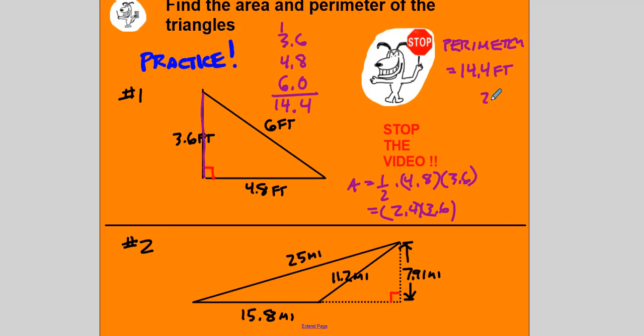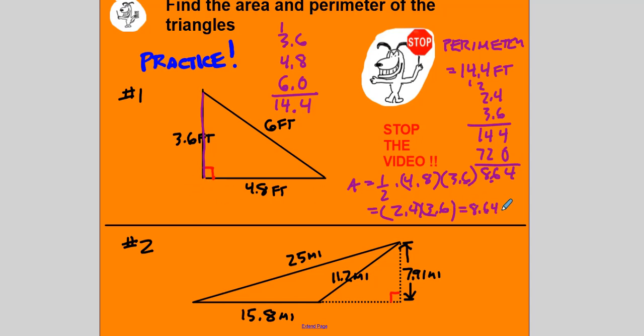So I have 2.4 times 3.6. Ignore the decimal points for now. 4 times 6 is 24. Carry the 2. 2 times 6 is 12, plus 2 is 14. Add a placeholder 0 here. Now 4 by 3. 4 times 3 is 12. Carry the 1. 2 times 3 is 6, plus 1 is 7. So now add them up. That's 4, 6, 8. Move the decimal point 2 places to the left. That's 8.64